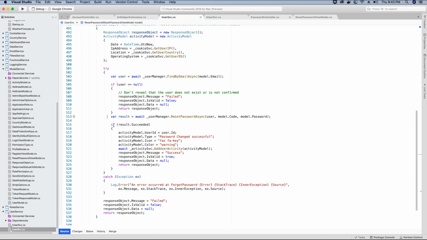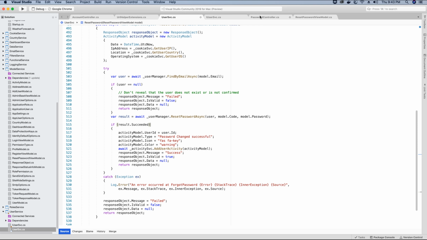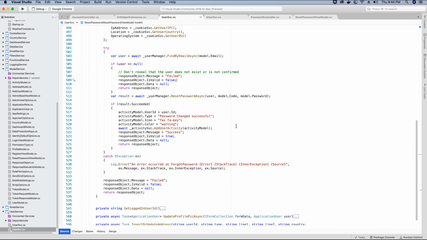So here you can see that for the result object, I'm using the user manager. Once again, the user manager class, which is part of ASP.NET Core Identity, has an inbuilt method called reset password. So if you are using ASP.NET Core Identity in your application, you will have access to this reset password async method, if you have implemented membership in your ASP.NET Core project using ASP.NET Core Identity. We can pass the application user, the code and the new password, and it would get updated in